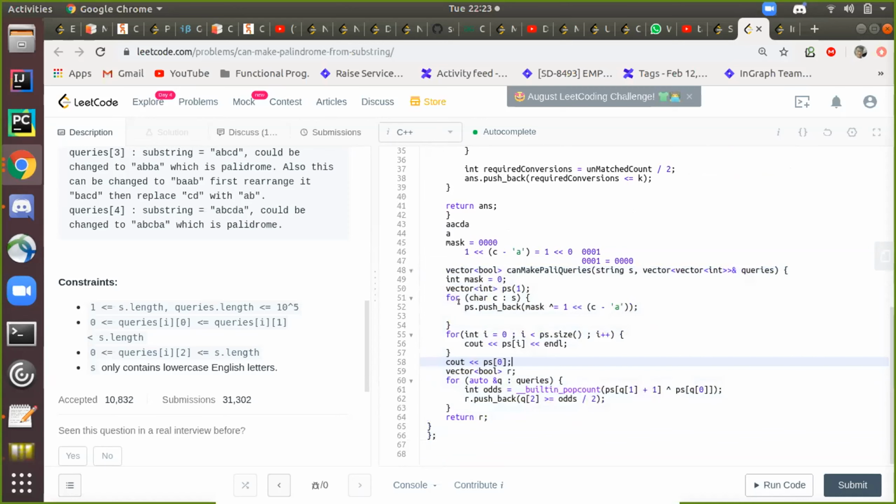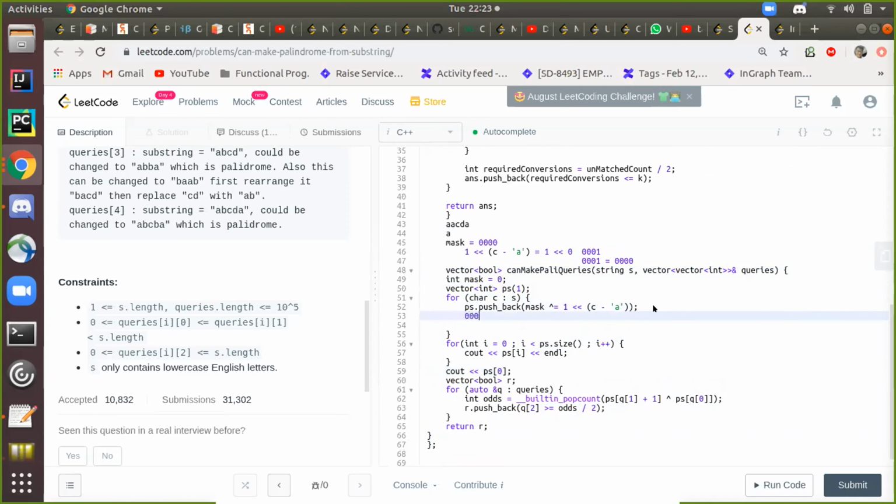So the first element in this PS vector would be 0. Next would be 0, 0, 1, and then 0, 0, 1, 1, and if it's B, 0, 1, 1, 1, something like that, and then 1, 1, 1, 1, and the other would be 14, and then 13, I guess.